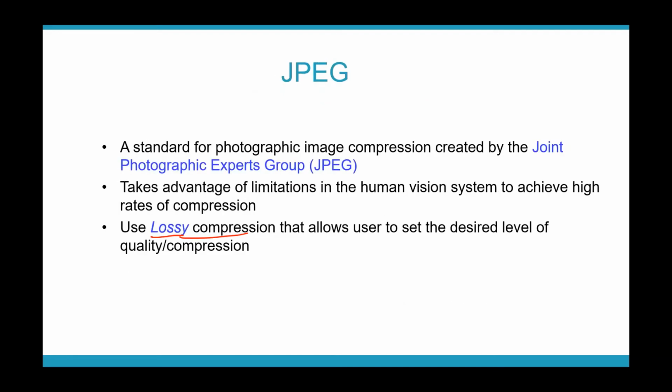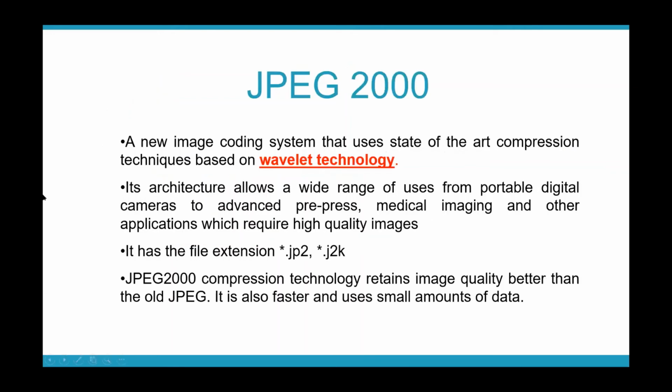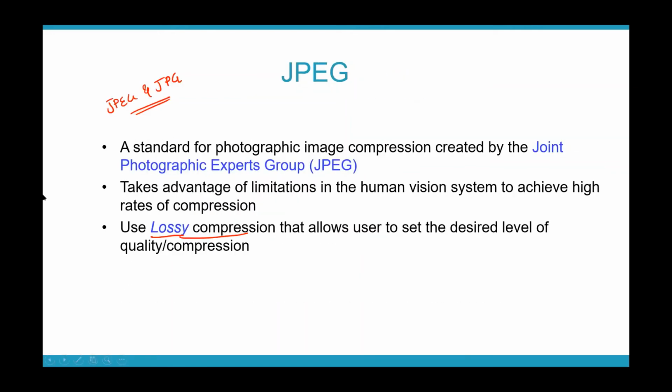Now tell me, what is the difference between JPEG and JPG, or are they the same? Is there a difference between JPEG and JPG? Anyone? You might have saved images in .jpeg format, and you might have saved images in .jpg format also. Do you know what the difference is between .jpeg and .jpg? Is there a difference or are they the same?